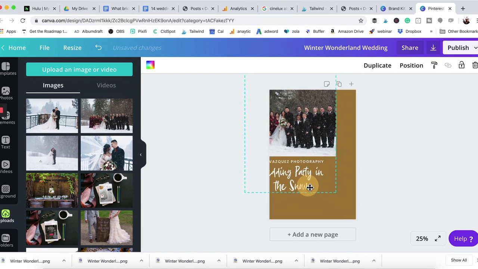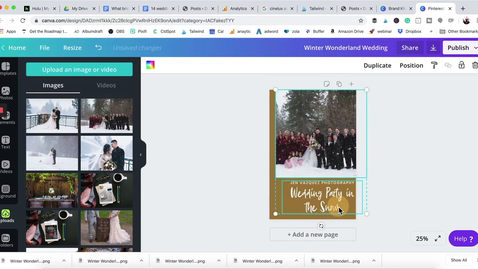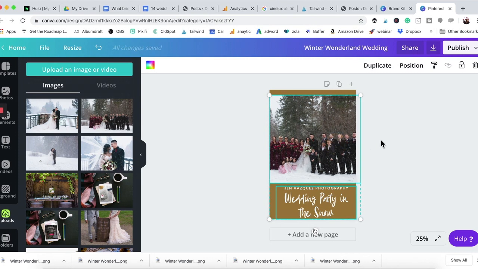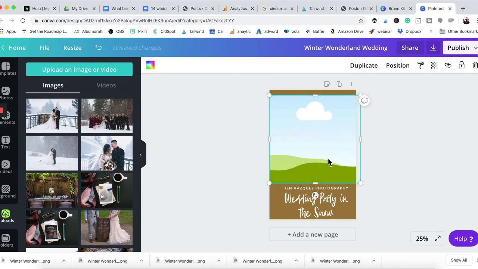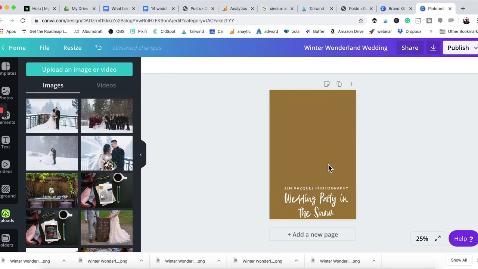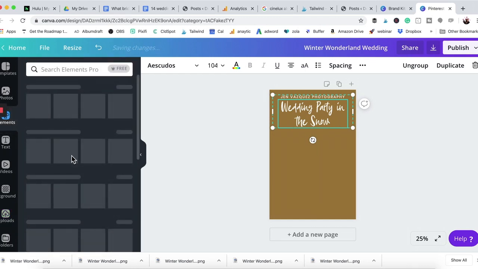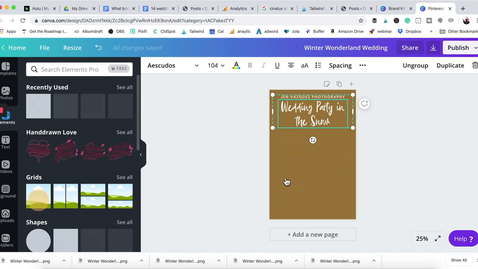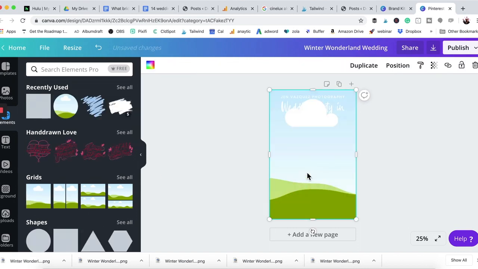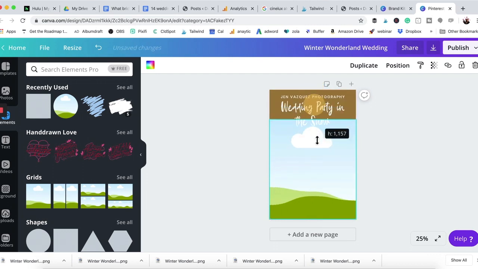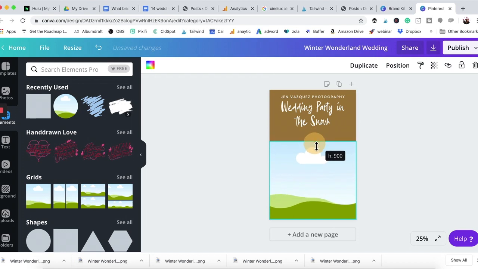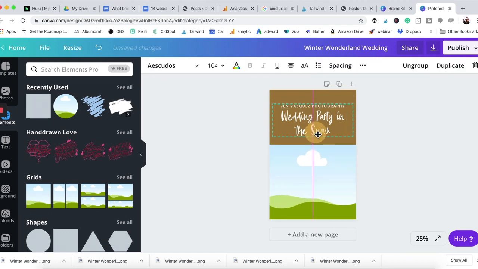I'm going to go ahead and move this image. Let me just get this image out of here first real quick. All right, and take that out. I'm going to move this up here, and then I'm going to come back into elements. I'm going to add a grid. It usually adds the whole thing, don't freak out. Just pull this down a little bit. And I'm doing the wedding party, so I'm going to pull it down just a little bit more and upload